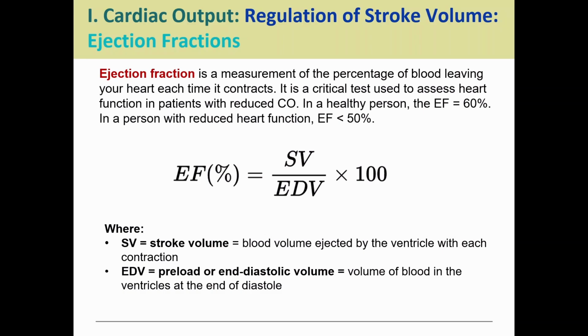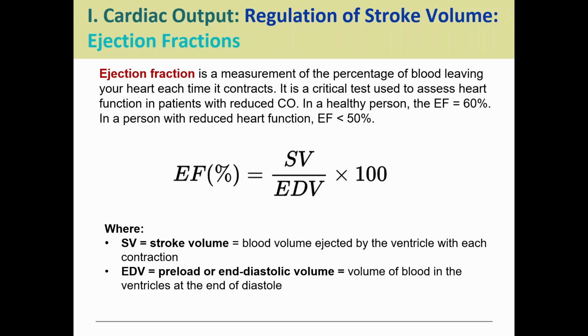So in a healthy person, we're looking at about 60% for the ejection fraction. If we're seeing less than 50%, we're seeing someone whose heart is not functioning properly, right? They have reduced function of the heart. And so if we look at the equation here, we see the ejection